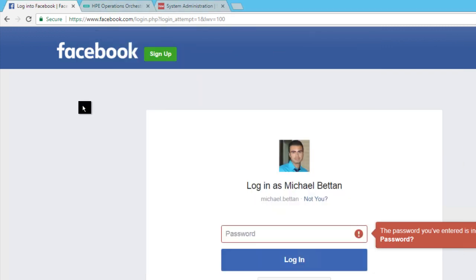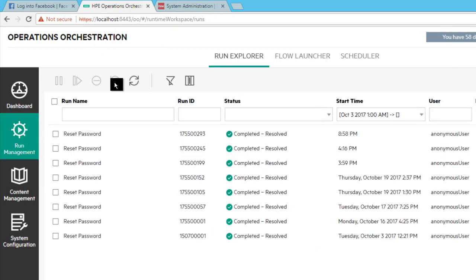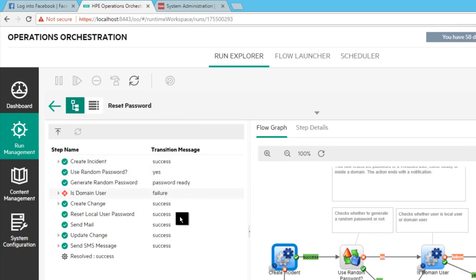And then behind the scene, it will trigger inside HPE Operation Orchestration an operation orchestrator workflow. We can see the workflow just executed here, and it will do several tasks in order to reset the password. The first thing, it will create an incident in ServiceNow. Then it will create a service request, a change inside ServiceNow as well.